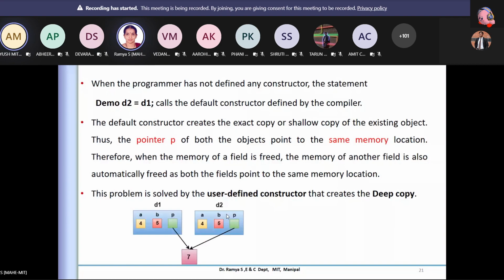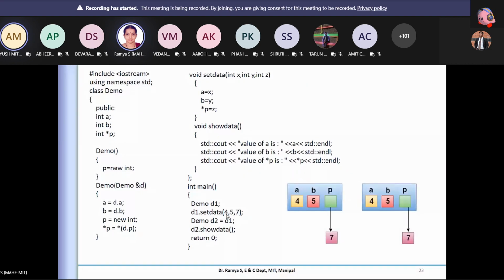You are just pointing. See, one memory location is there, and I'm just having a pointer attached to that. I don't have another placeholder for that. It's a temporary location. You just assigned the pointer value to that. You have not reallocated a separate memory for that. That is where the difference between a shallow copy and a deep copy comes from. Am I able to clear your doubt?